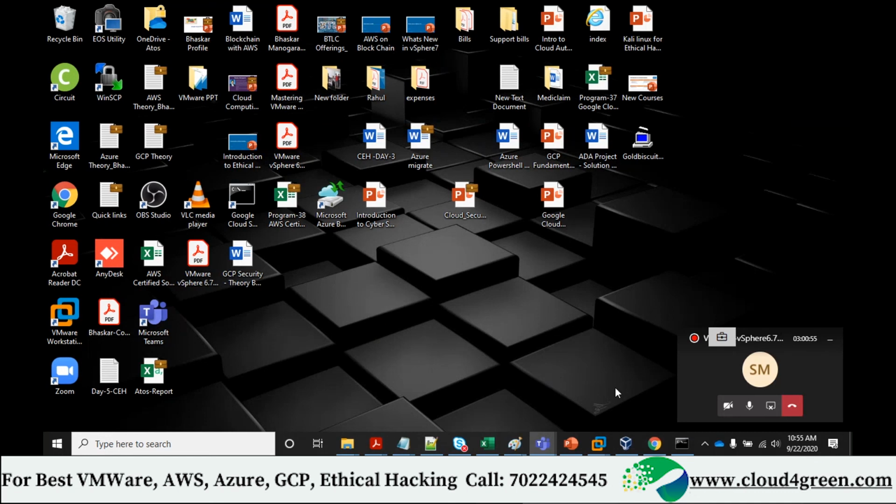Correct, .vhd, .vmdk. Those are not the same. If I take the image of the Oracle version, I cannot run it here. Correct, you have to convert. We have a tool called vCenter Converter Standalone. We can convert any version to a VMware compatible version. All your data would be saved. We have conversion tools. We'll discuss it.